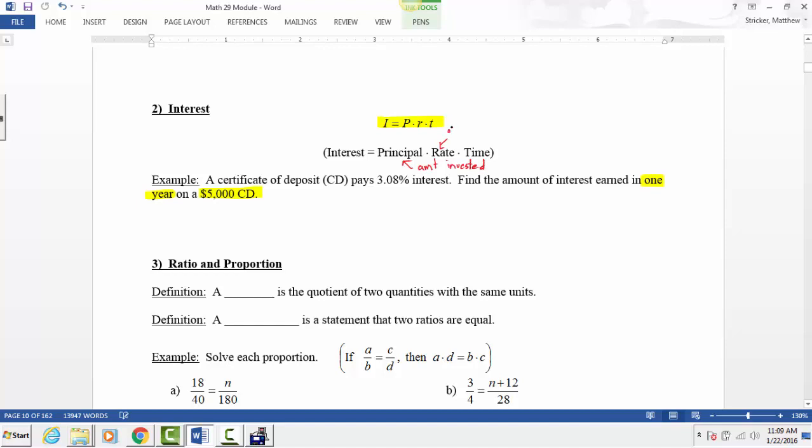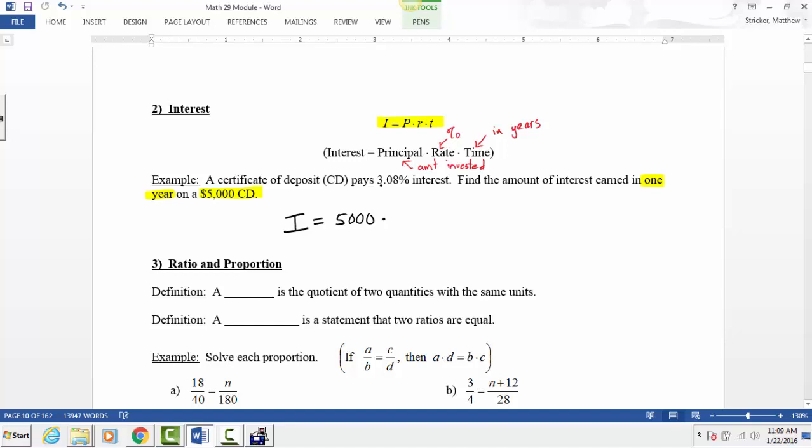The rate, that's the percent, that's the interest rate. And then the time, this is in years. So it says find the amount of interest. So I want to know, in this example, the interest that is earned on a principal, the amount invested. Okay, so the amount invested was a $5,000 CD